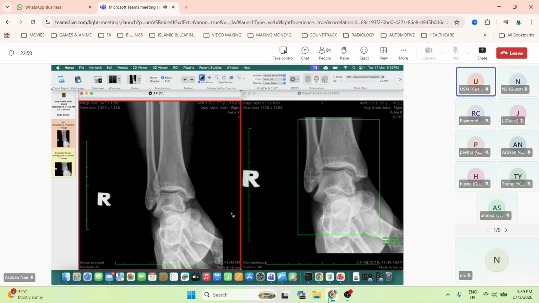I'm looking for the abnormality, but I haven't found it yet, I'm still assessing the image. Looking at the bone, at the distal tibia, there is no obvious abnormality. And for the distal fibula, I also don't see any obvious lesion. The cortex is intact, no fracture seen of the tibia and fibula, and the ankle joint appears to have no dislocation. The clear space is normal, and assessing the tarsal bone,